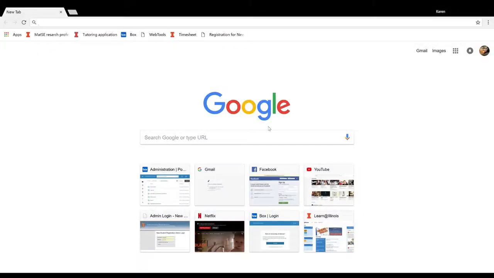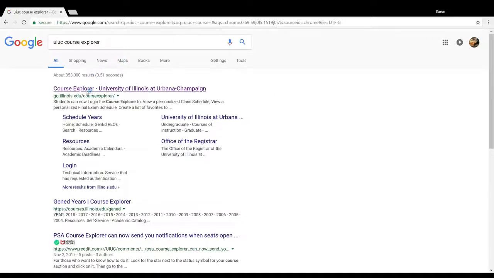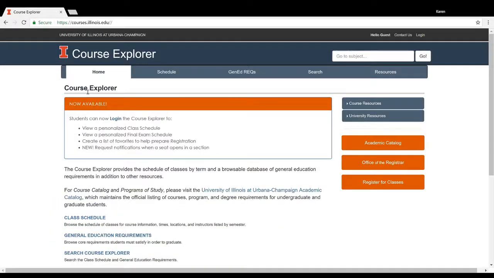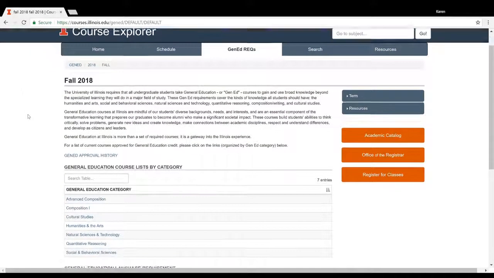Hi guys, so in this video I'm just going to be going over how to figure out which gen eds you need and how to actually register for those gen eds. So from Google you just want to type in UIUC Course Explorer and it should be the first link that pops up, and then navigate to this Gen Ed Requirements tab and it'll pop up with all the gen eds